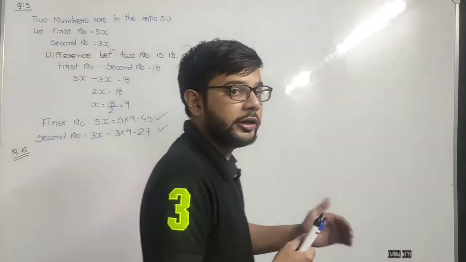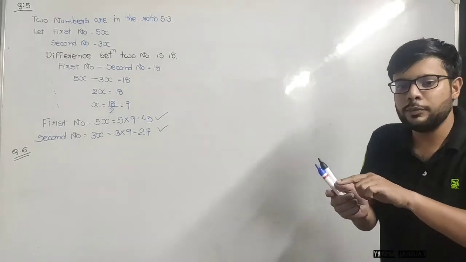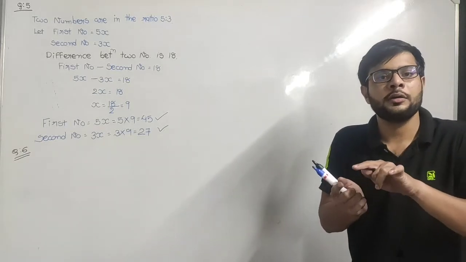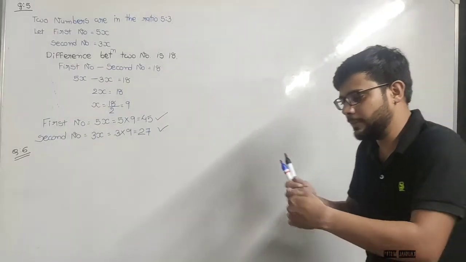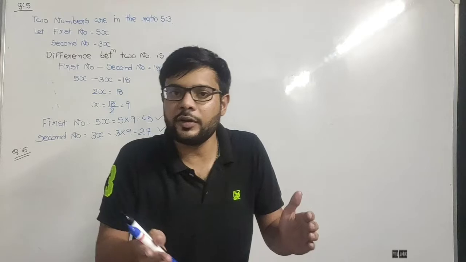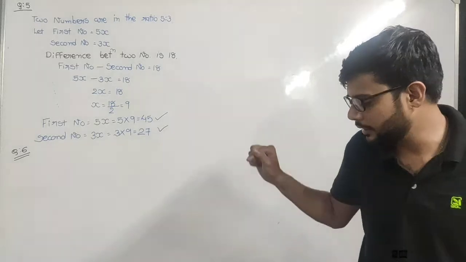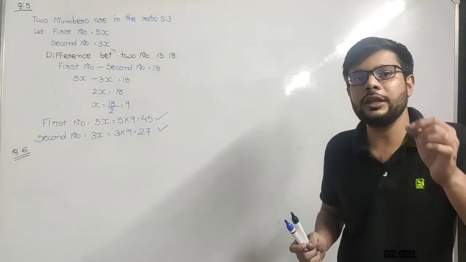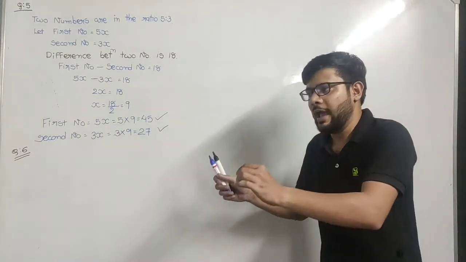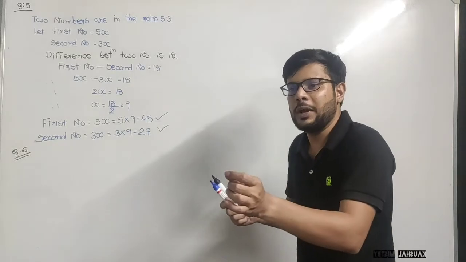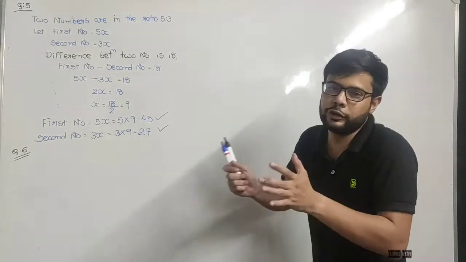So consecutive number का मतलब क्या आता है, एक के बाद एक आता है, मतलब पहला नंबर दूसरा नंबर पहले से एक बड़ा होगा, तीसरा नंबर दूसरे से एक बड़ा होगा. So 1 2 3, for example 4 5 6 7 8 9. If in an exam the question says 3 consecutive integers, that means you have to assume x, x plus 1 and x plus 2, because पहले नंबर से दूसरा एक बड़ा और तीसरा पहले नंबर से दो बड़ा होगा.